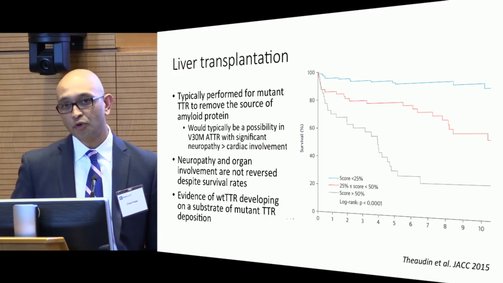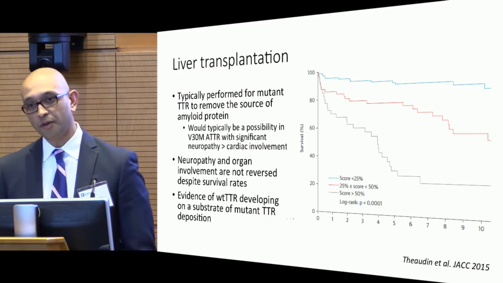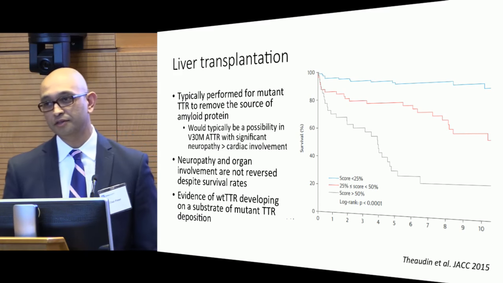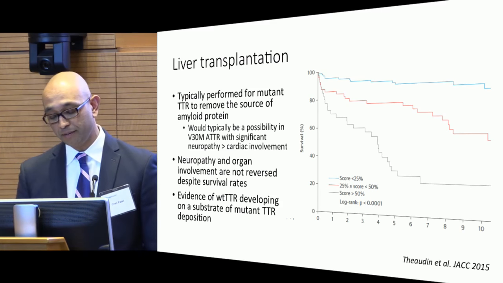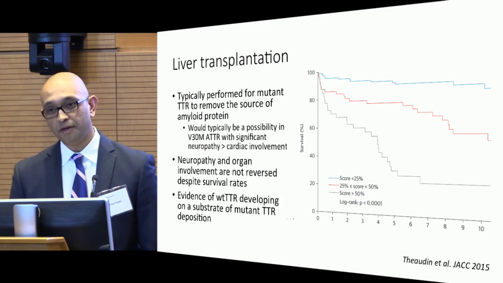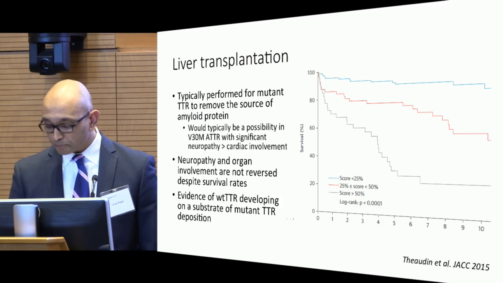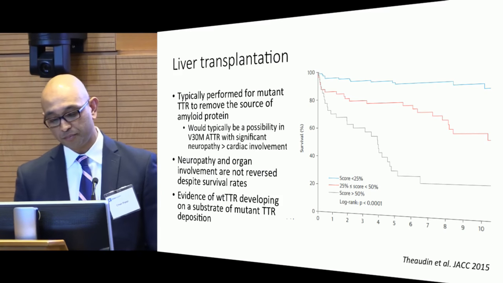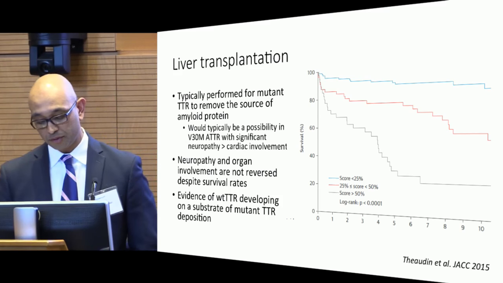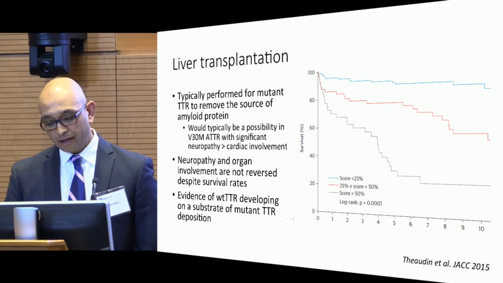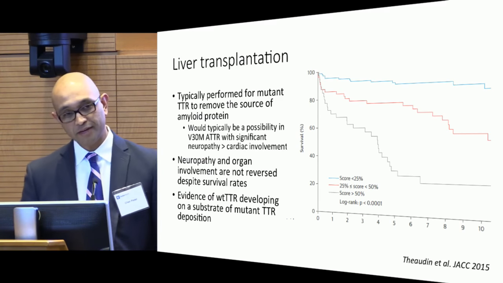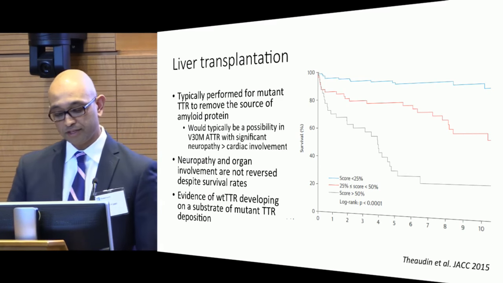Sasha mentioned source control, and I described to you in the opening comments that the source of this amyloid protein is actually the liver. So liver transplantation has been looked at as a method for source control to reduce deposition of this mutant protein, either mutant protein or wild type protein in tissues. The experience has been primarily in the V30M mutation, which has significant